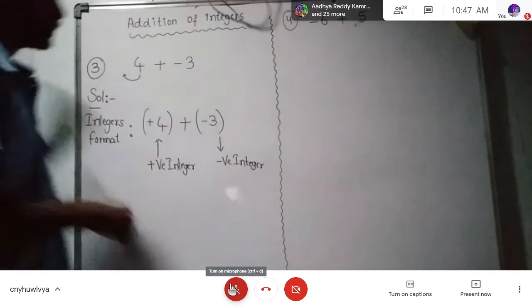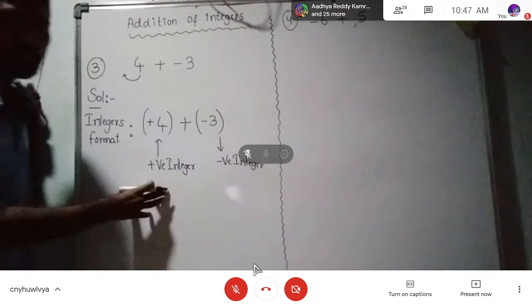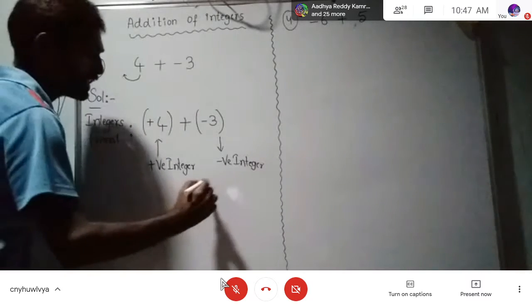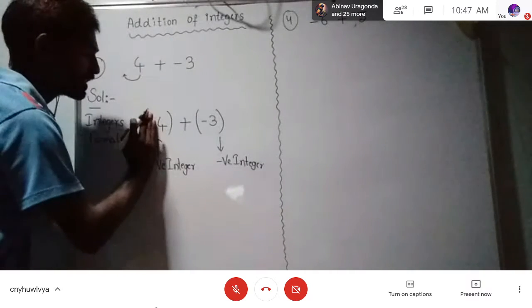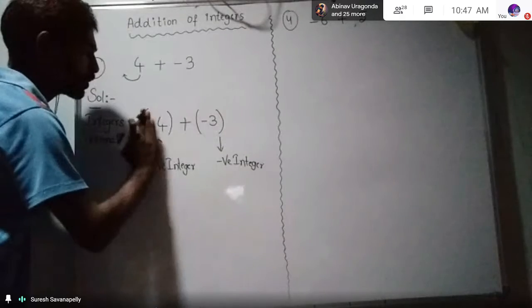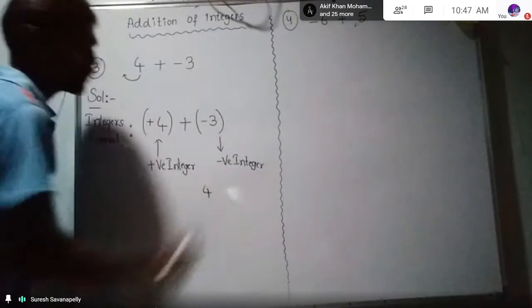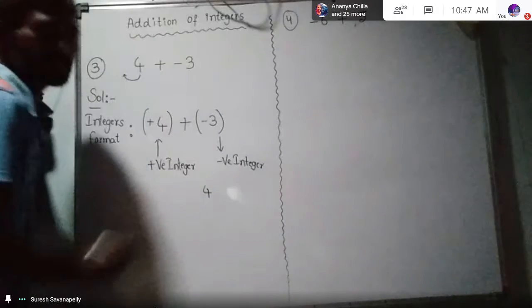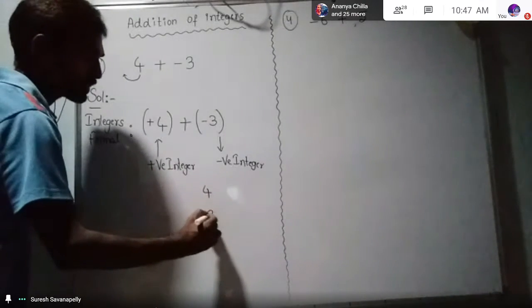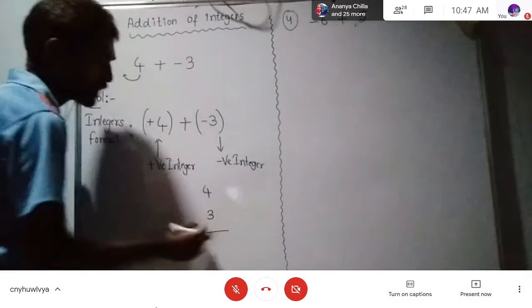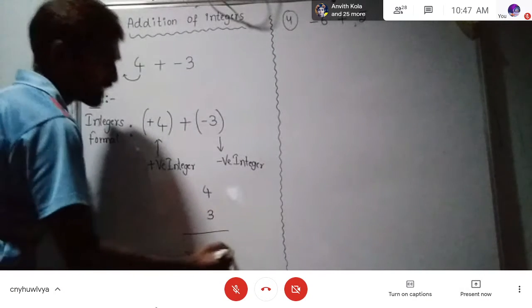Okay, so we'll take up another example. What generally will we do? We'll take up the bigger number first. First, ignore the signs. That means close these signs. Now, if you close these signs, which is the bigger number? 4 is of course the bigger number. And next we have 3. And next you leave some space over here for writing the addition or subtraction.